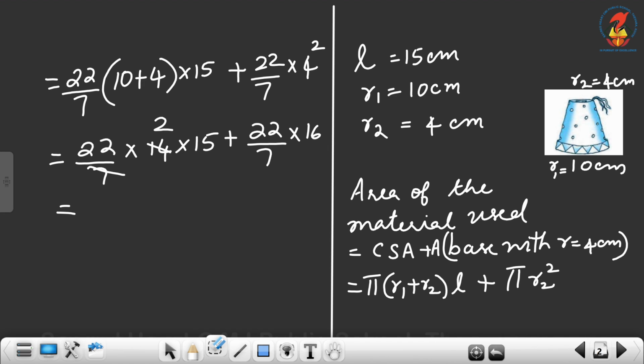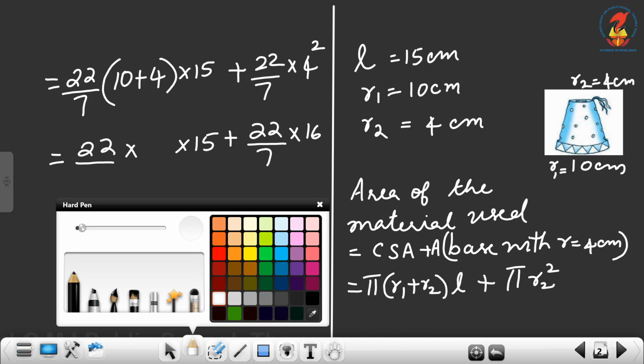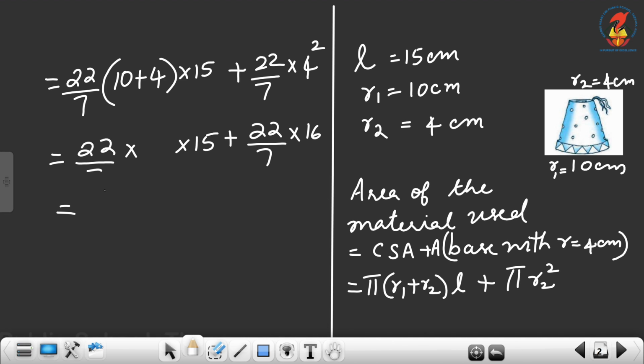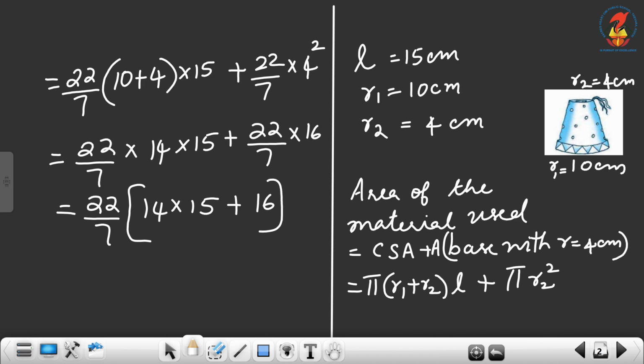No need to cancel. We can take 22 by 7 out. So 22 by 7 into 14 into 15 plus 16,